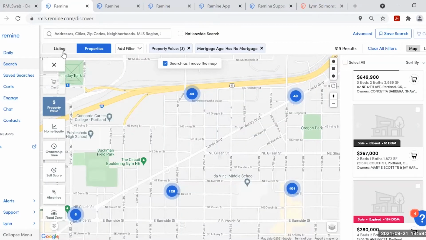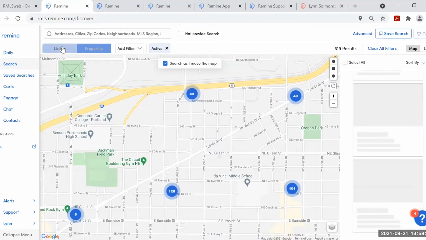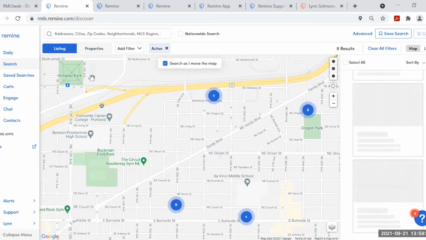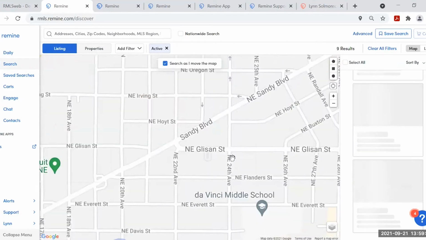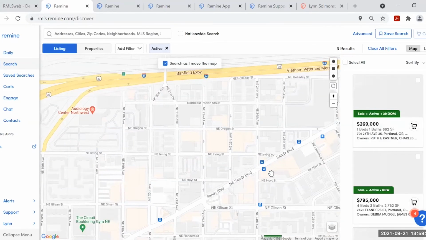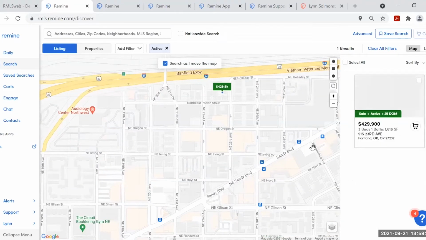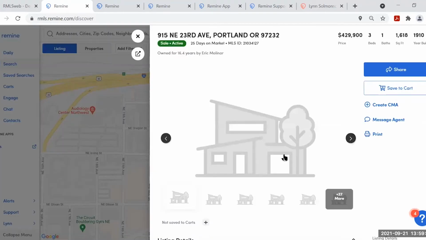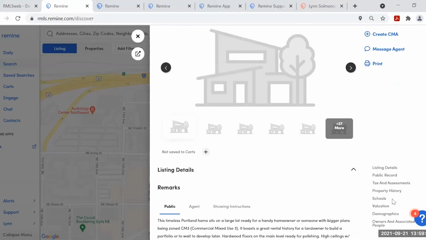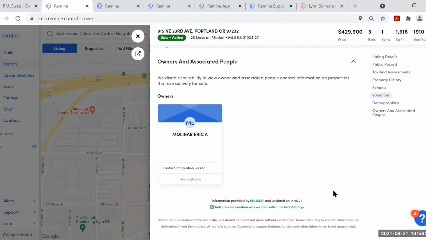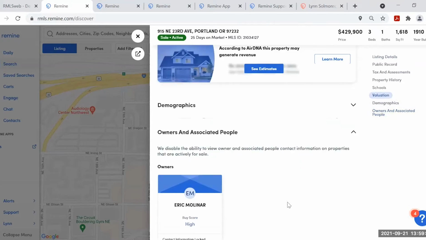Okay, and let's click on listing. And let's look at an active listing. So when it's an active listing, you can see all of that same information, but the contact information, the current owner, you won't be able to see.